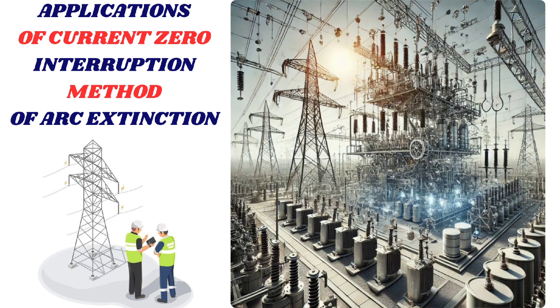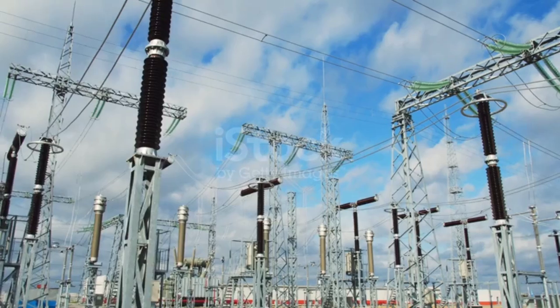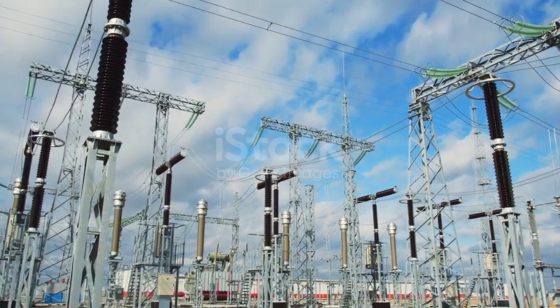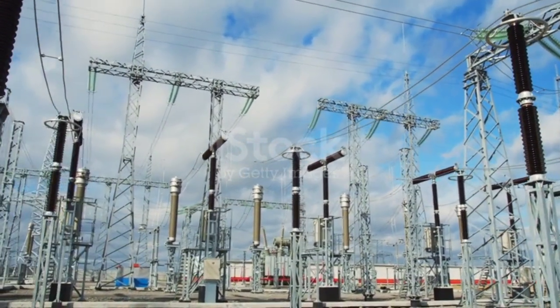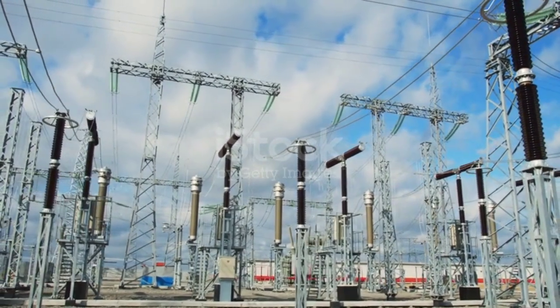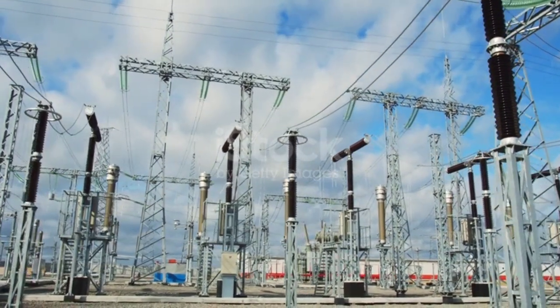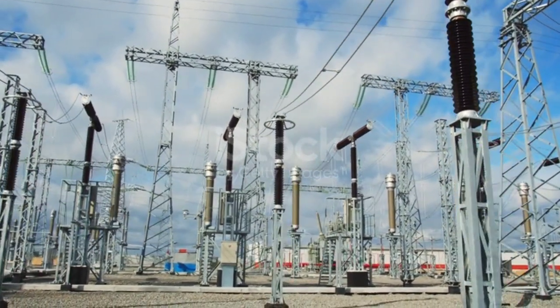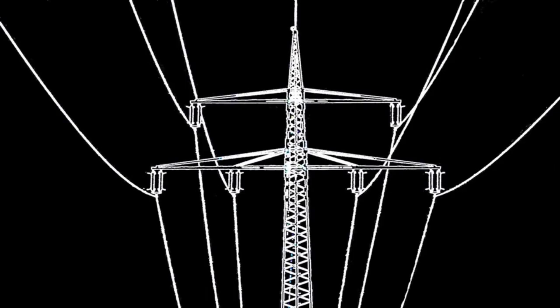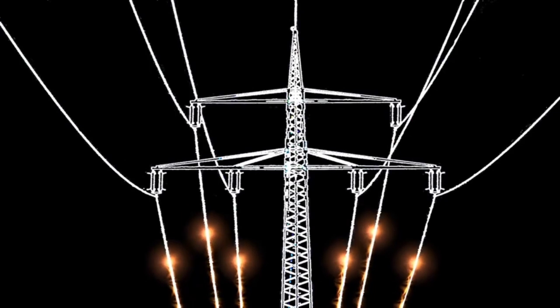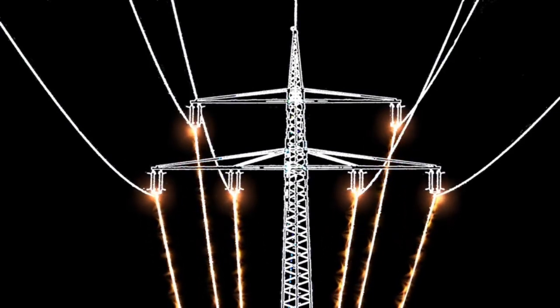The current zero interruption method is used in power system protection applications, where high-speed fault clearance is required to maintain system stability. 3. Industrial applications. The current zero interruption method is used in industrial applications, such as motor control and protection, where AC circuit breakers are commonly used. Having explored the methods for arc extinction in detail, let us analyze the arc extinction media used,